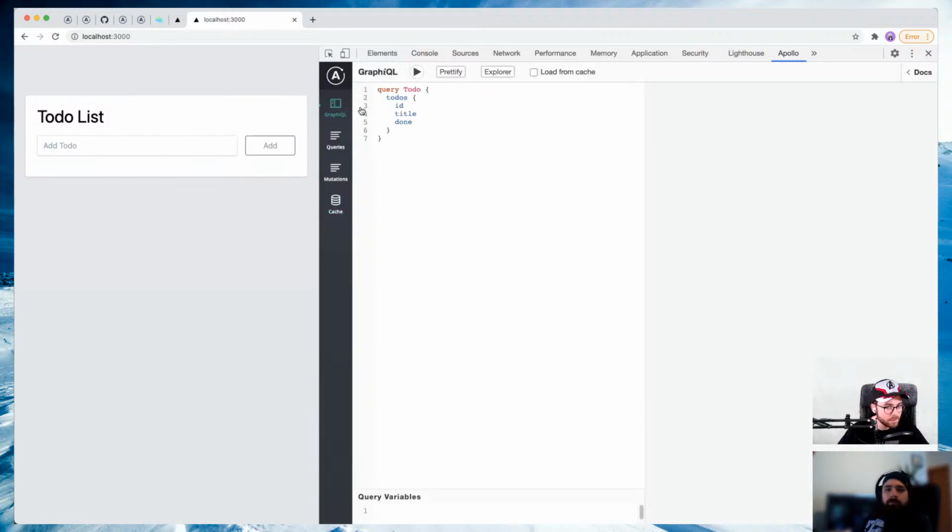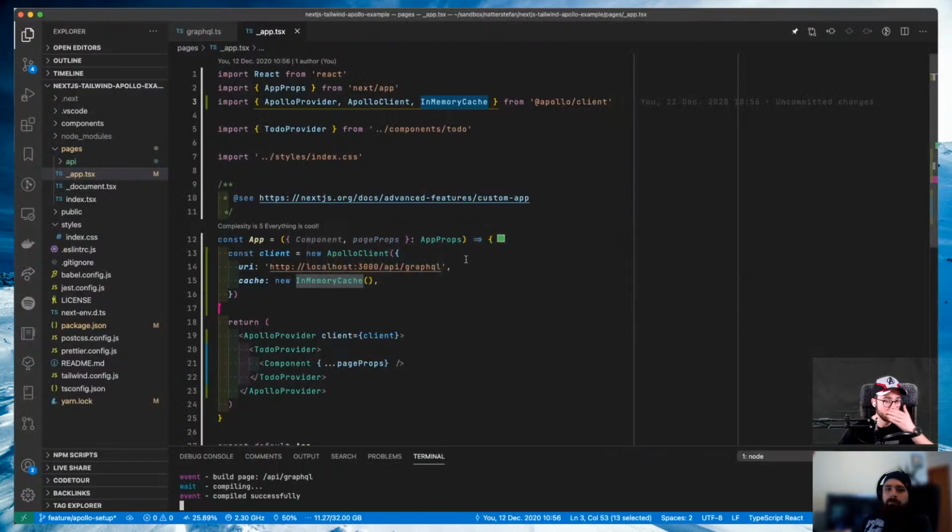Because if we execute queries here in the Apollo extension, that's not stored in the in-memory cache because the app hasn't done anything yet. So there was no query. So let's add our first query, shall we? Yep. Okay, so